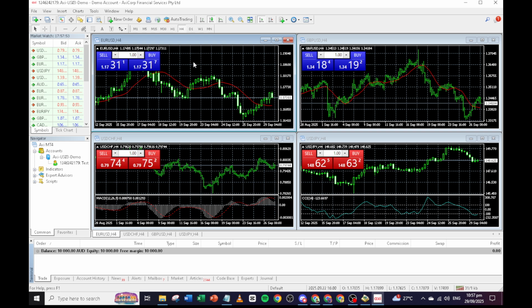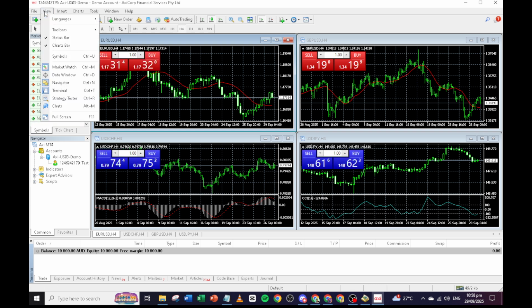And finally, if you're just starting out and not ready for live trading yet, consider opting for a demo account. This gives you a fantastic opportunity to familiarize yourself with the platform without any financial risk. With a demo account, you can practice and get comfortable, readying yourself for when you're prepared to trade with real capital. And that's it. You're now ready to explore and trade using MetaTrader 4.